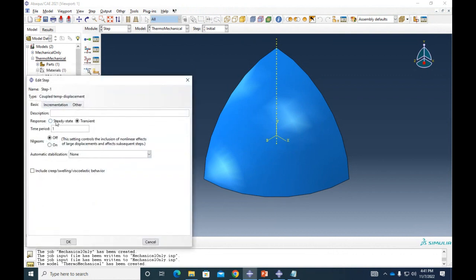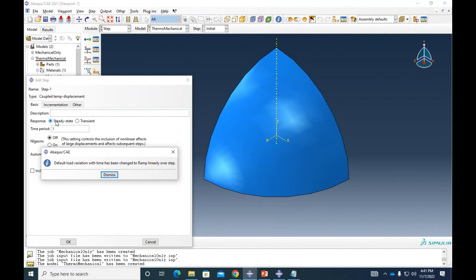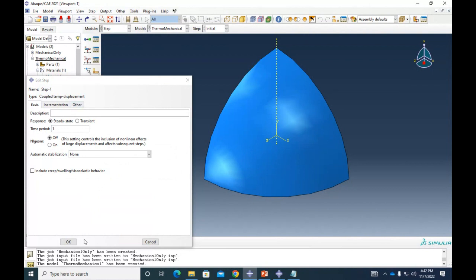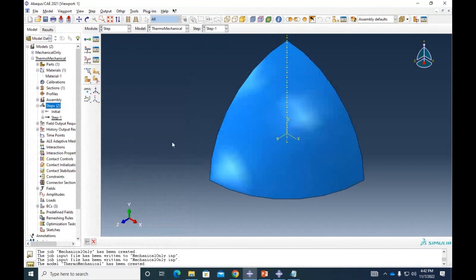Here, we only care about the steady state, right? We are not gonna do heat transfer where you see the heat going through the material and how it reaches the outer boundary. We only care for now about the steady state, which is the final state after you have applied the thermal conditions for a long time. So after you apply the boundary conditions from heat transfer, the system is in equilibrium. So that's what a steady state means in here. All right? So I'm gonna select this one. The response is gonna be a steady state.